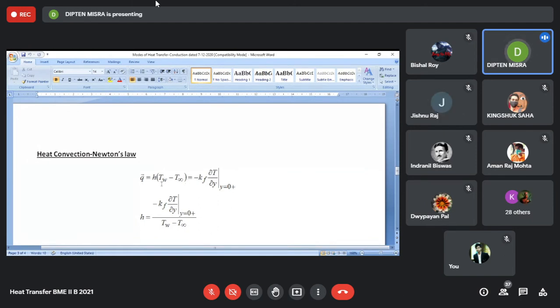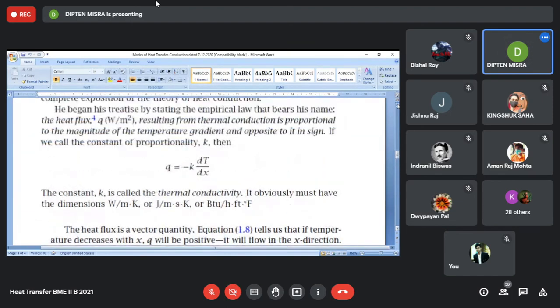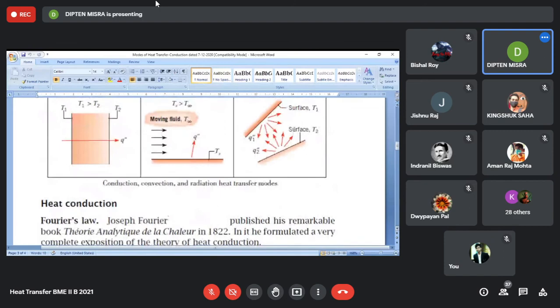Now, if you see this surface from where the heat is coming out and going into the fluid, there is a surface that may be stationary and a fluid that is moving along the surface. This movement may be along the surface if the fluid is being forced, which is forced convection. Even if it is not forced convection, even if you have a heated plate in contact with a static, otherwise quiescent medium, even then, when you bring this medium in contact with a heated surface,